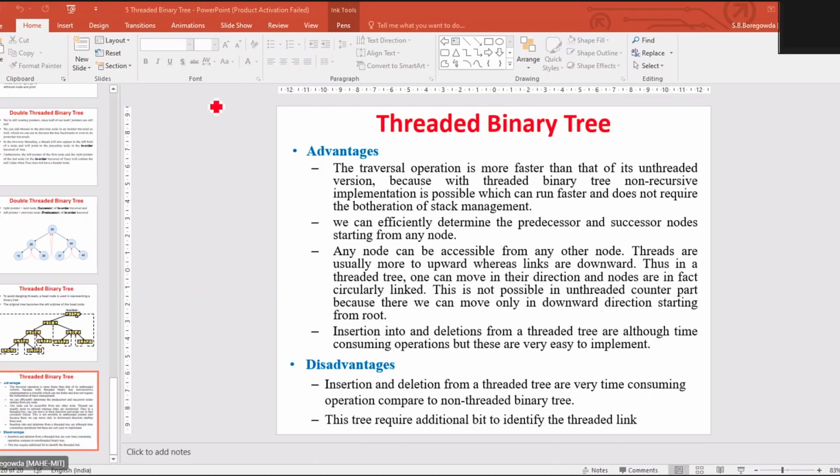So let us look into the min heap tree property here. What exactly does the min heap property say? The value of the root node is less than or equal to either of its children. That means the parent node value should always be less than or equal to its children. This is an example of a min heap tree.